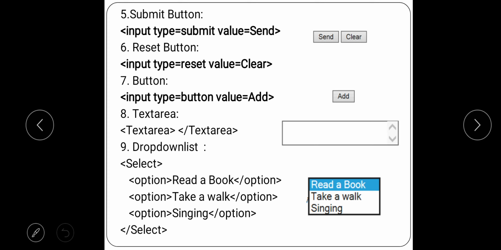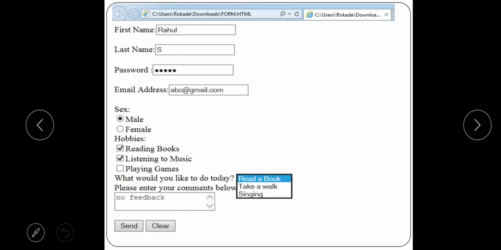So let us move to the next slide. Now this is one example of a form which has all the controls we just discussed. You can see it has first name, last name, password, email address, then gender, male, female, where we have used a radio button. For hobbies, I want multiple selection, that is why I am using a checkbox.